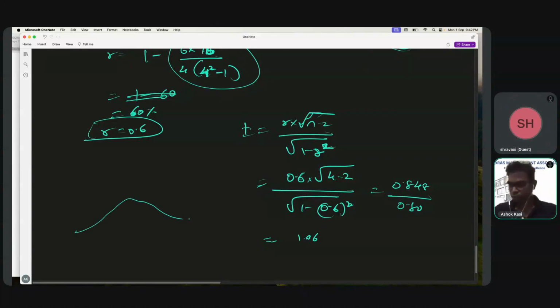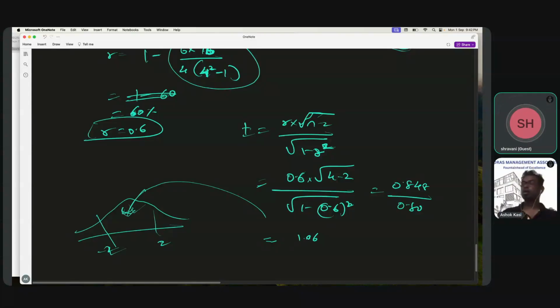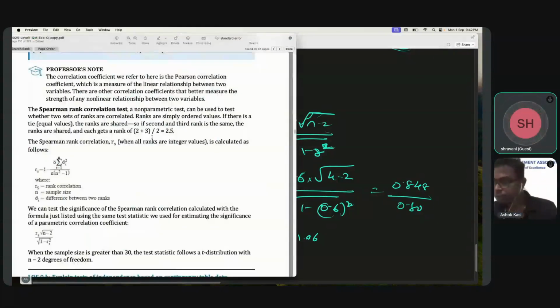And then we'll see here minus 2 plus 2. So minus 2 plus 2 means what? No change. That means no change in the correlation. So here null will be